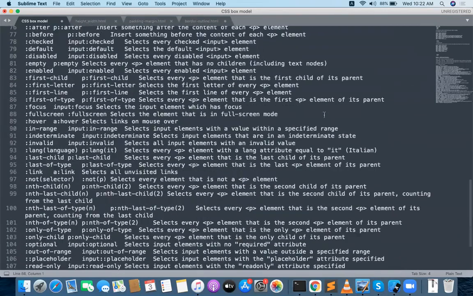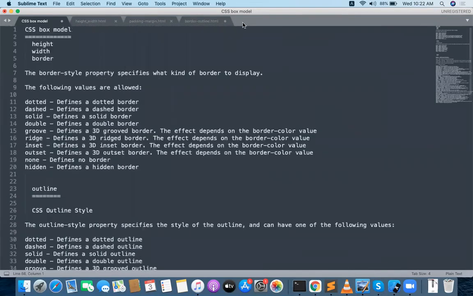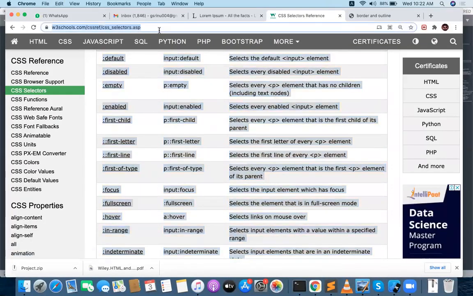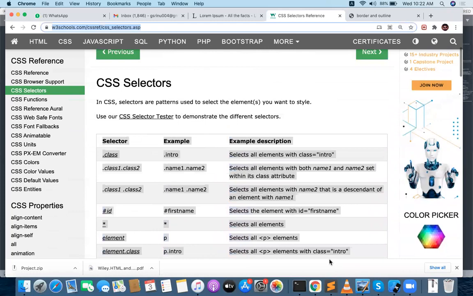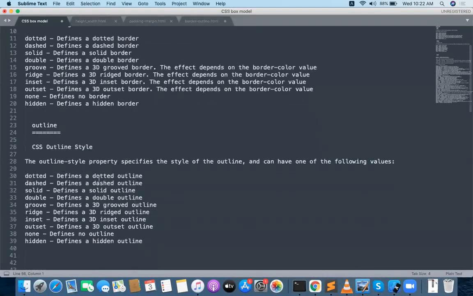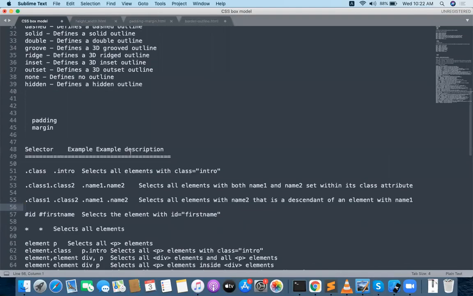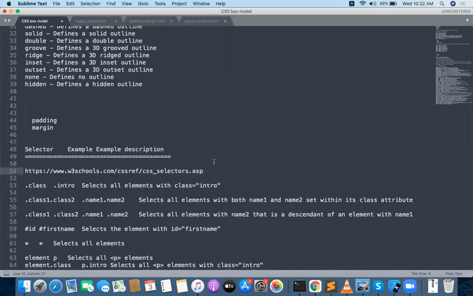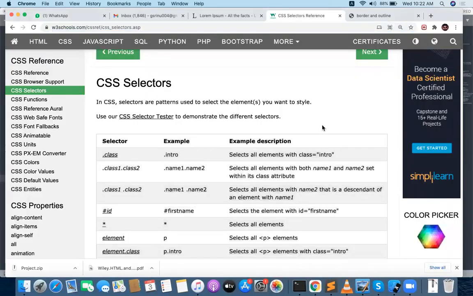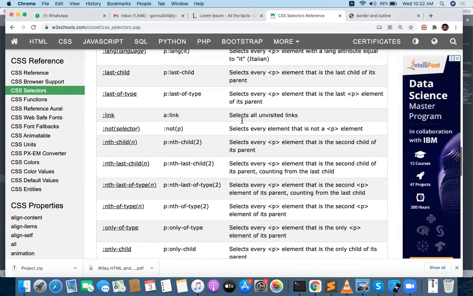You can check out all the things with a link. Sure, I will share the link. This is actually easy. No need to write here. Just open it and practice one by one. That's enough. I am placing the link here. This is the link you can go with, and check out each and every selector, how the selectors work. There is a CSS selector tester, and any example available here.